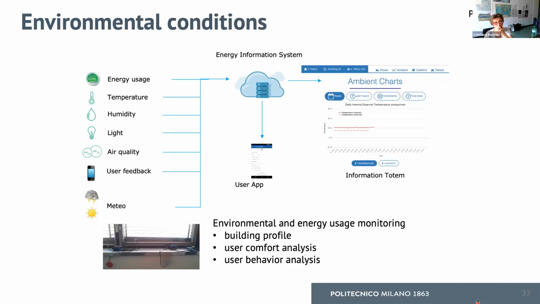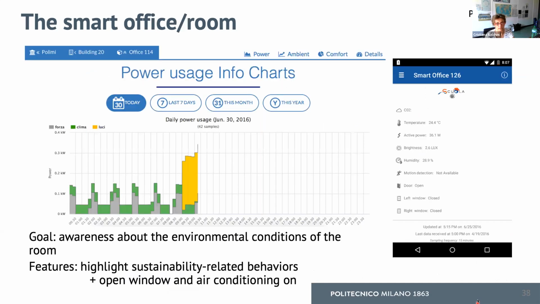Okay. From the environmental conditions, just to give you the same example and perspective I gave for the energy management system, these are the data that are collected, and these are the charts that have been planned in order to provide the information. This is again a different view, this time with respect to the awareness about the environment. So we also provide information to the user about the situation of the energy usage.